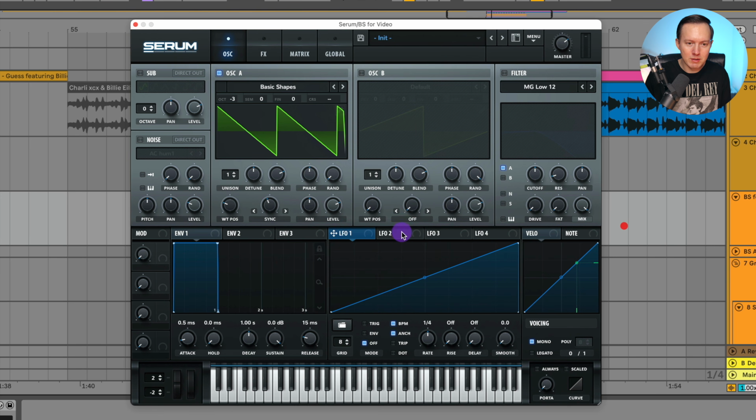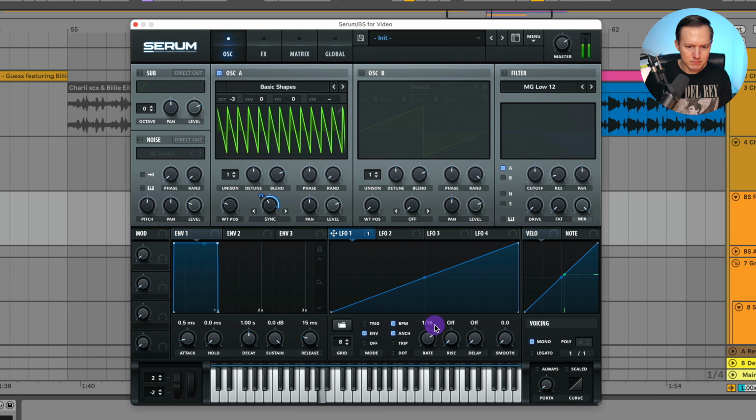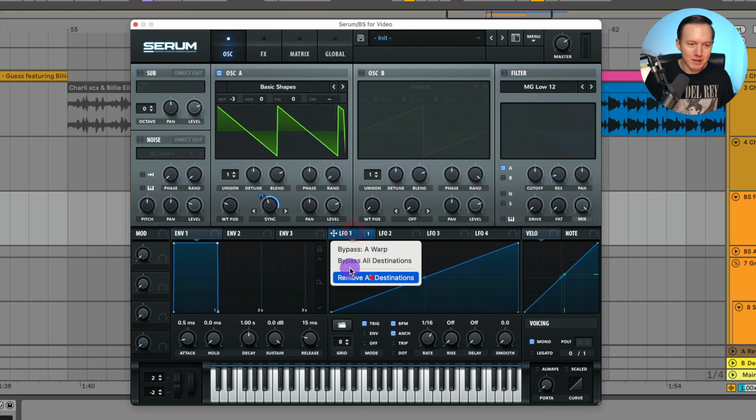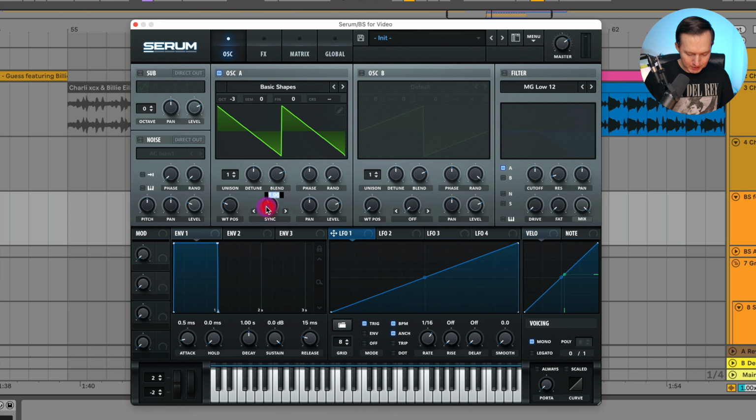So a lot of times you could use sync kind of weird, maybe like a laser. Wait, let's do this. So you can play around with this sync and get some cool sounds, but for me, I think I put it at 1.57,